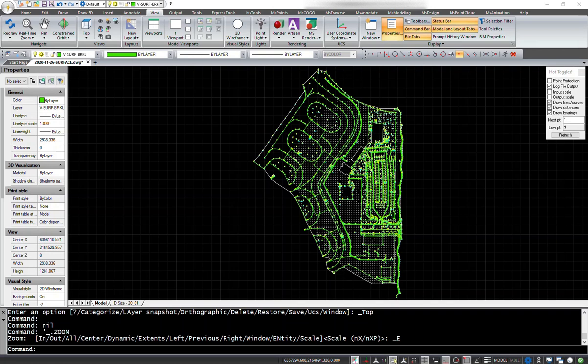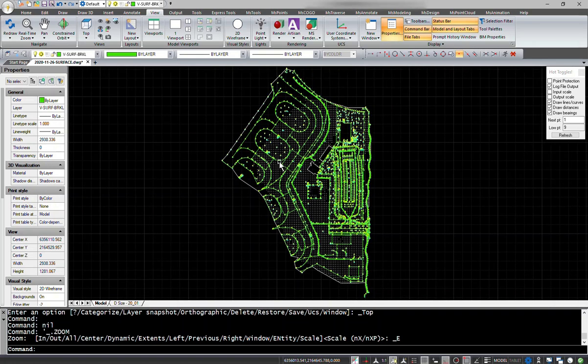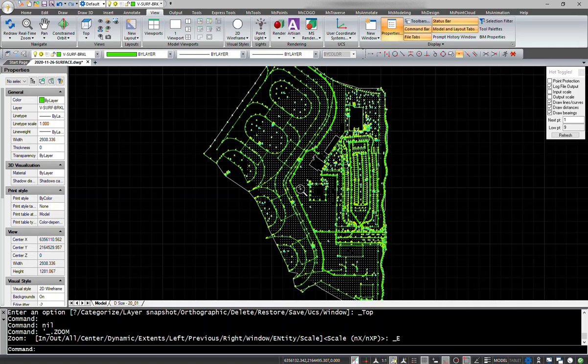I'd like to go over a few handy tips on dealing with very dense surface data. Now that more and more people are using drones as a way of collecting topographic data, it's very easy to get into a large data set. I've got an as-built drawing here that was collected at least partly using drones as well as field work, and